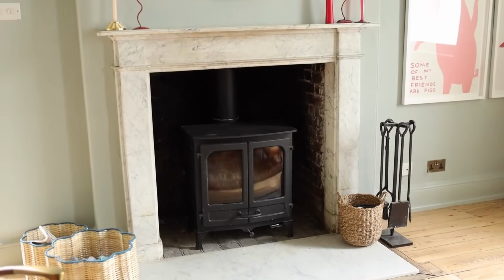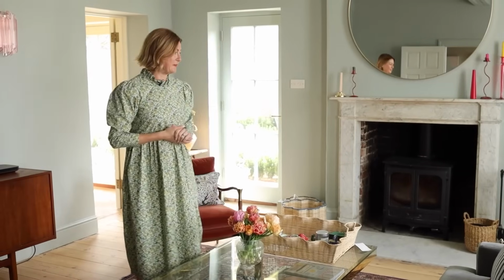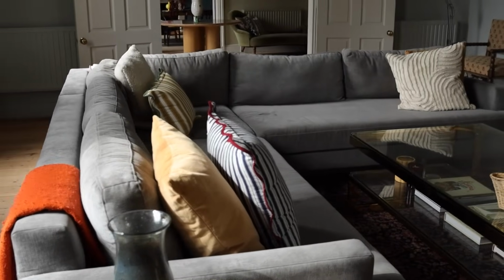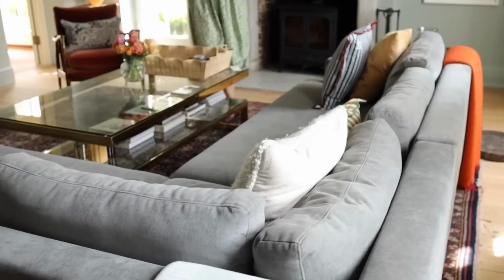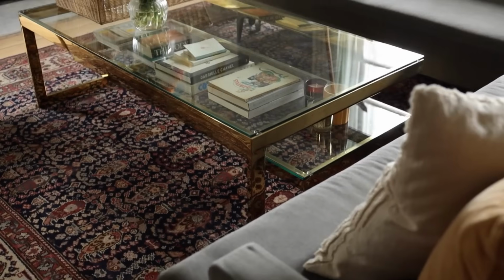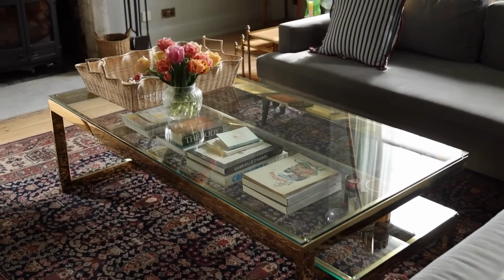You can just shut the doors off here and get it nice and cosy. But yeah, the L-shaped sofa, which we got from West Elm. Again, it took quite a long time to find the right things, but we quite like the slightly mid-century feel, and the fact that it was on quite a big scale worked really well in this space. And then the coffee table, that is also from the same guys where we got the chandelier from,